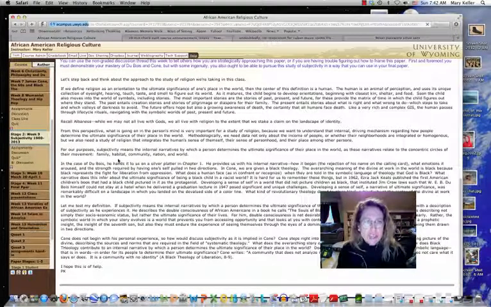Subjectivity means the internal narratives, and so that means that you will be looking for the places in the text, sections of the text, where an internal narrative, a person's story about their life, indicates that they are determining the ultimate significance of their place in the world. This is the apply element. How would you apply that definition to our texts? If you can find that narrative element, a section of writing in which the author is bringing meaning to the story of being a self on the landscape of cultural identity,